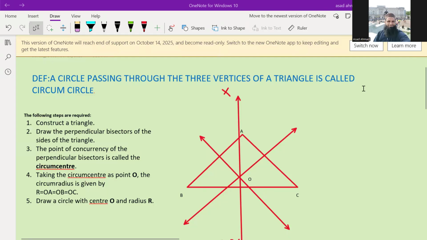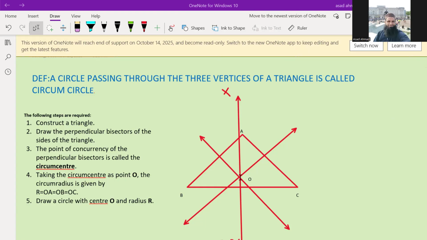Circumcircle is basically a circle passing through the three corners of a triangle. Before drawing the circumcircle, we need to draw three perpendicular bisectors of the sides of the triangle. Once they are drawn and are concurrent at one point, we just need to take this point of concurrency